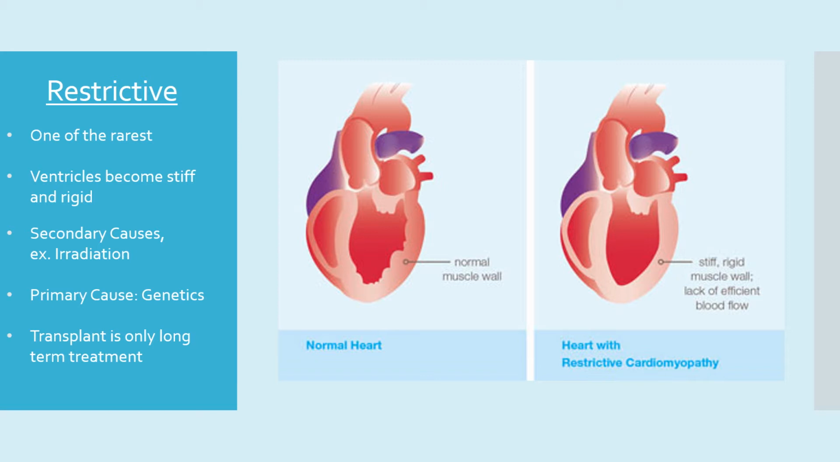You can see in the diseased heart, this picture is showing the heart wall as being stiff and rigid, which, if you think about it, would be like trying to pump a hard plastic ball versus pumping a squishy balloon. You're just not going to be able to pump as much blood out of the heart because that wall is